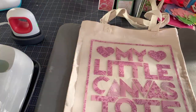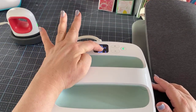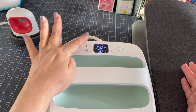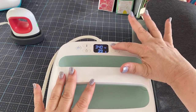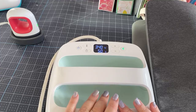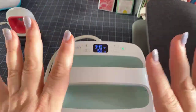So 340 is what I have it set for. Let me move this over. But I need to change the time so that I do this in an accurate time. So you press on this button, this little time thing, and it will blink, and then you use the plus or the minus to set it. And we're going to set this one for 50 seconds at 340. It takes a little bit to get that change made, but once you have a green C, you know you can